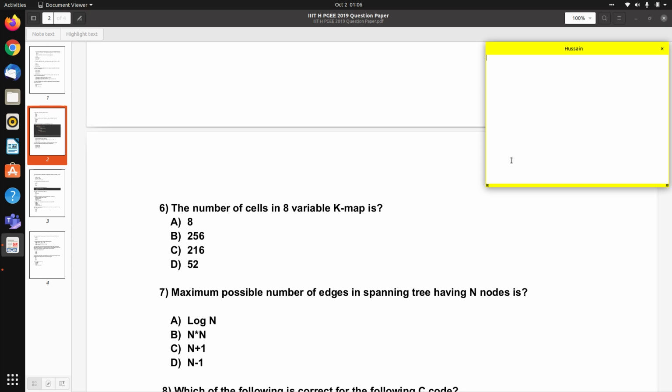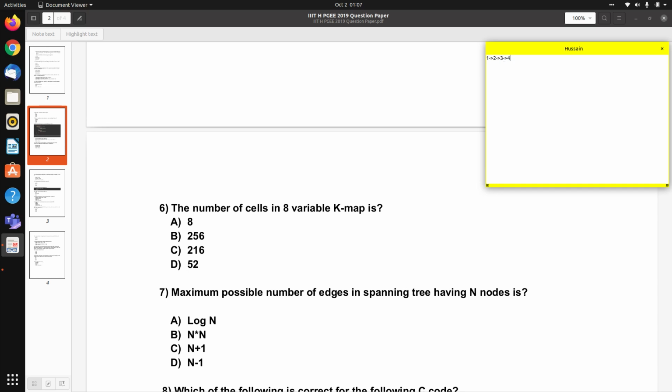A tree is such that it doesn't contain any cycle. So 1, 3, 4. Now if we connect 4 to 1, then a cycle will be formed, and thus the property of a tree will be violated. So it no longer will remain a tree. So in this case, the number of edges is 3, which is equal to n minus 1.